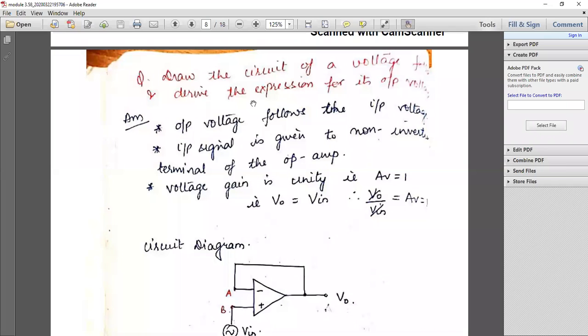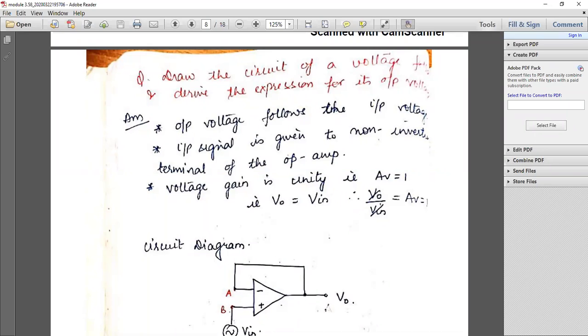Okay, today we will learn the next question, that is operational amplifier working as a voltage follower or buffer. What is a buffer? Buffer is a circuit which gives the same output as that of the input. So we can take the operational amplifier to work like a voltage follower or buffer. Output voltage whatever we are providing, suppose I am providing V sin omega t, the output voltage will be same as that of the input voltage.